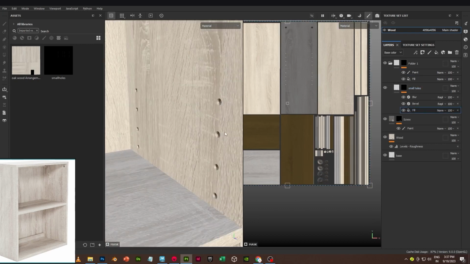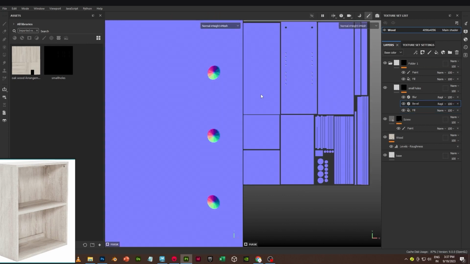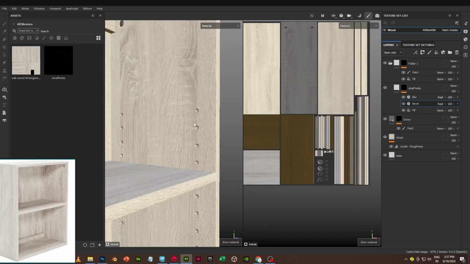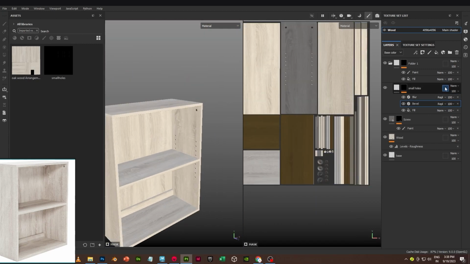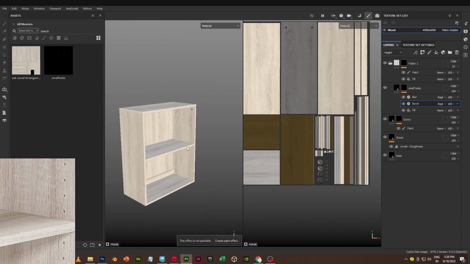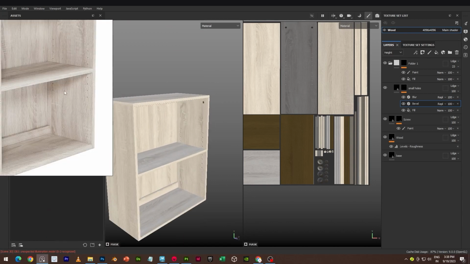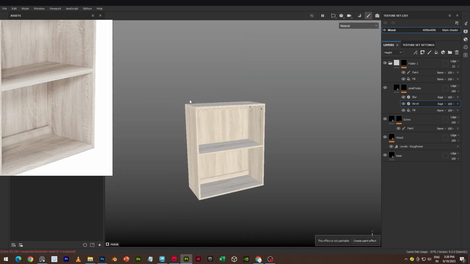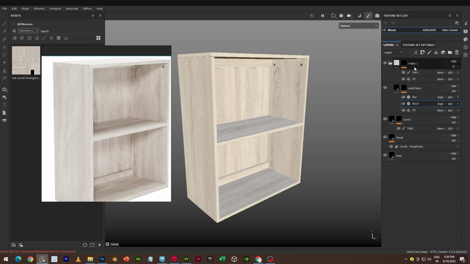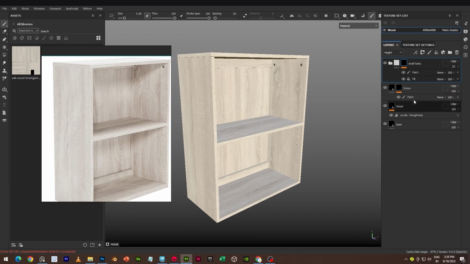Yeah, after applying bevel, that height looks not good. I think we can reduce it. This kind of thing is fine, I think. Some small details inside the model which are not affecting the silhouette are not required to create. If the model affects the silhouette, then we need to create it. If it is inside the silhouette, then we don't need to create it, because we can use normal or